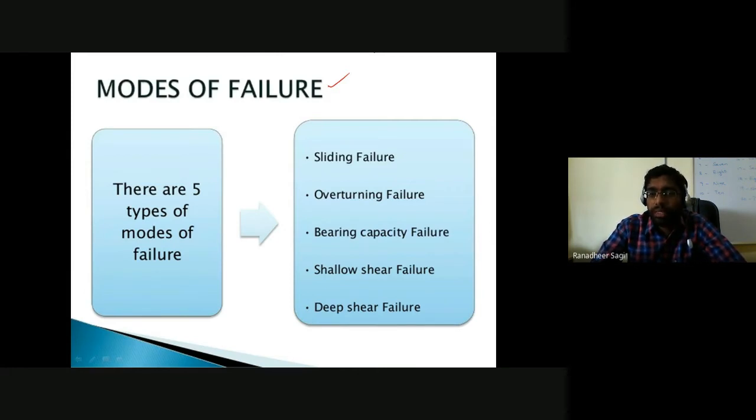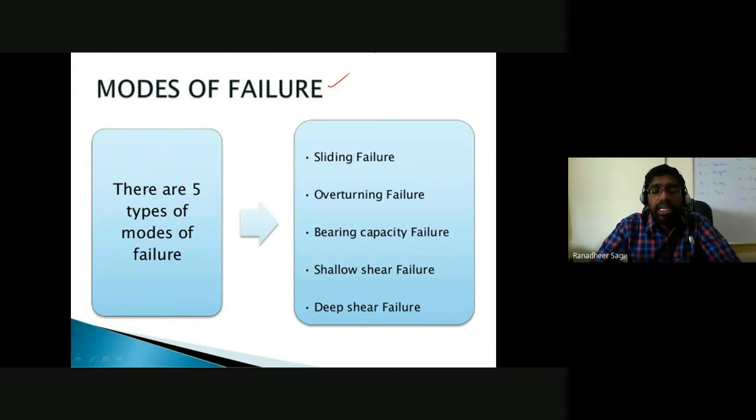The failure in the soil medium below your retaining structure, over a certain smaller depth, if the soil is undergoing shearing, then we call it a shallow shear failure. Or to relatively deeper depths, if the soil below your retaining structure is a weak soil, then there is a possibility that the retaining structure might get punched into that soil strata, or you would come across excess settlements in that weaker soil strata. The design of the retaining structure might satisfy all the criteria, but if it has excess settlement, then also we say that your structure is not going to be safe.